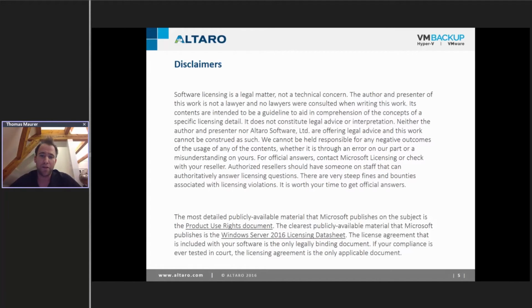In there you can find information on how licensing is handled, how you can license products and services, and what you can do with them. This is basically the legal document you have to look for. If you understand the legal things, this document is probably for you. Then there is also the official Windows Server 2016 licensing data sheet from Microsoft, which tries to help a little bit and gives you some information about that.